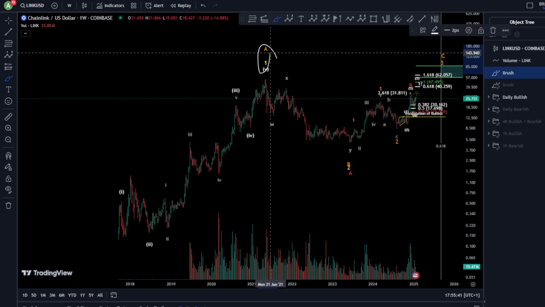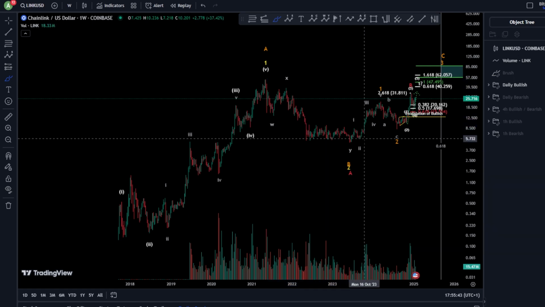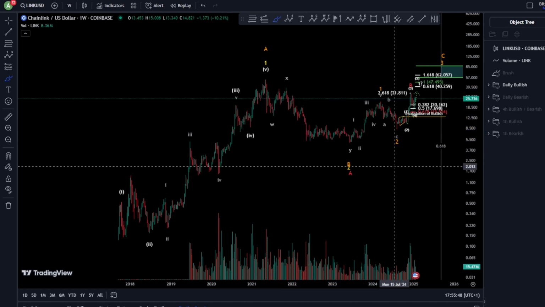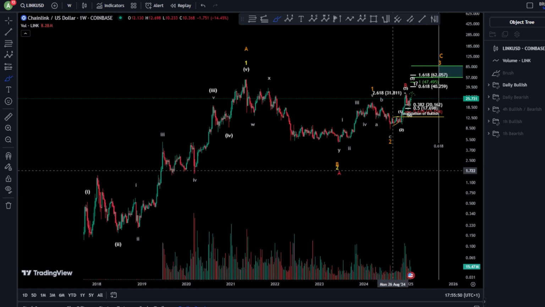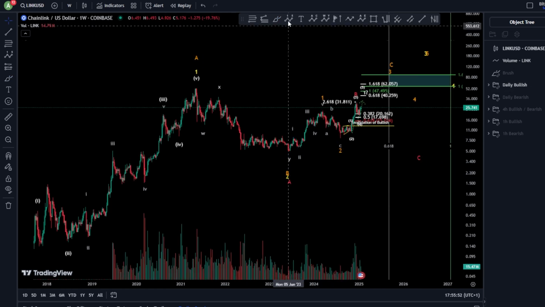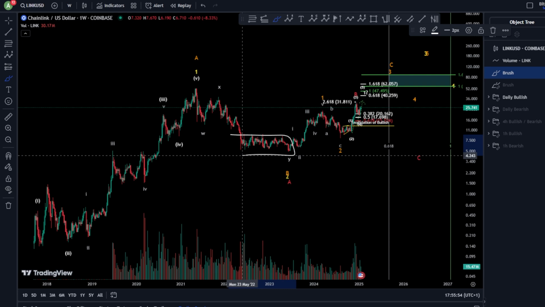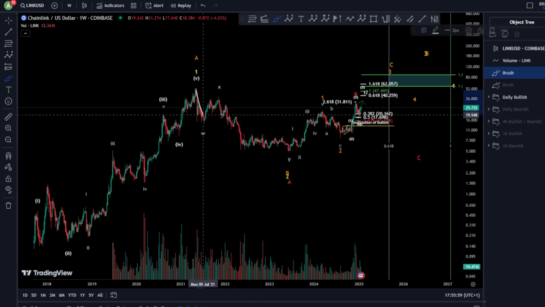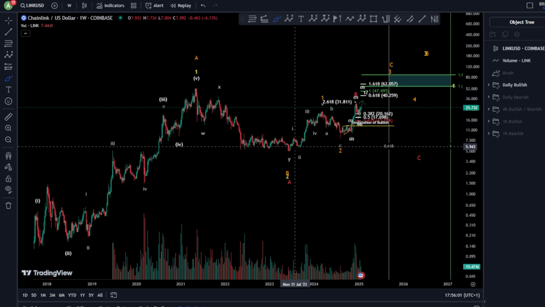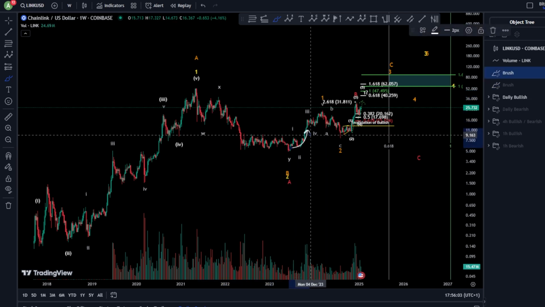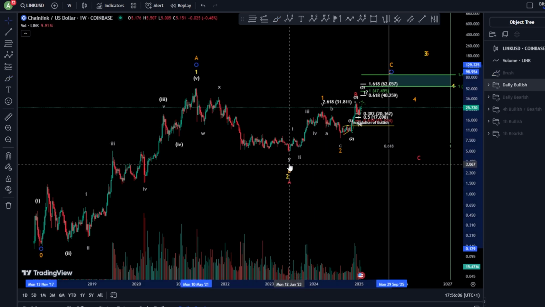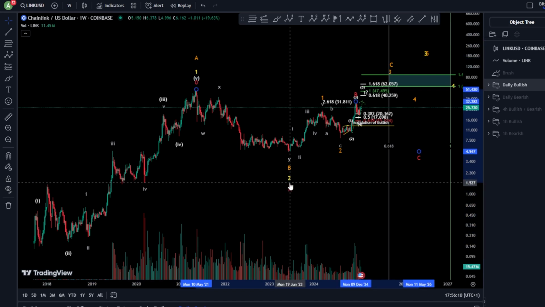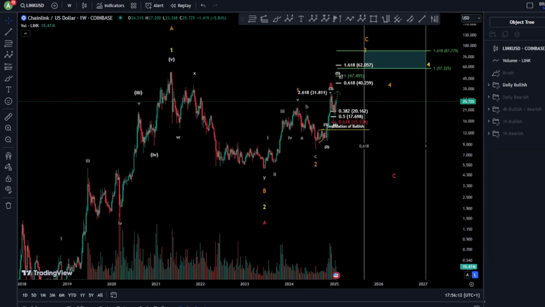In both case scenarios, you would like to see 3 corrective waves, and this is exactly what we got, a WXY, well, WXYXZ actually because of the long corrective wave here that we got. However, it is still corrective. We can consider it as WXY to simplify this, and move for higher prices after it. Now, after this big correction or long correction, I would say,